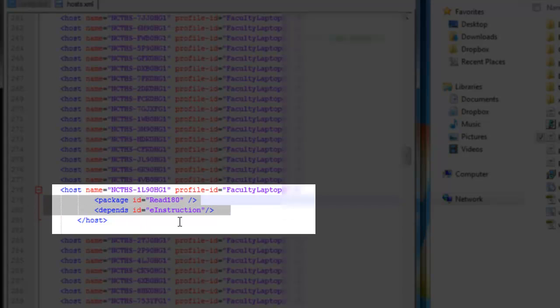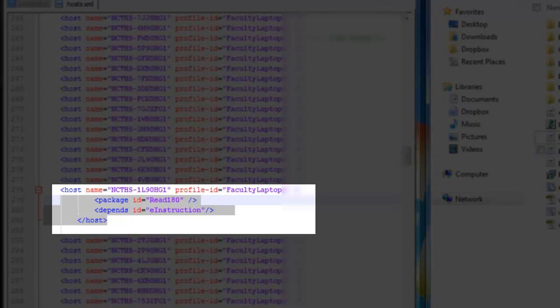Now this doesn't look familiar because we haven't talked about it yet, but we can come back. Just know that this host file is generally used to display computer names and the associated profiles. You can add comments like I've done out here out to the side. Then you can also tell it to install specific packages from this host file.